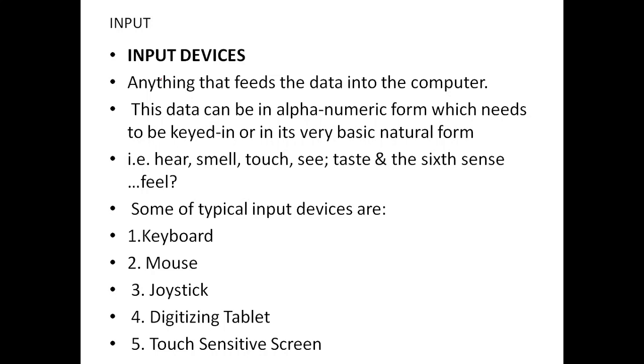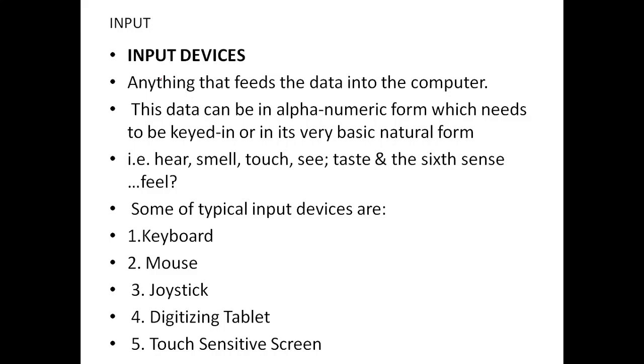And next one is a digitizer tablet. It is a pointing device that facilitates accurate inputs, drawings and designs. Everything is done by making use of a digitizer tablet. And touch sensitive screens are very much interactive with the computer. By touching the screen with even a small feather touch, it can sense it and do the required things for us, right?